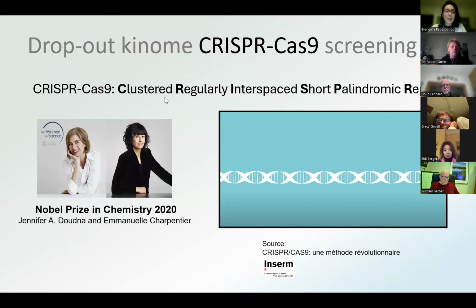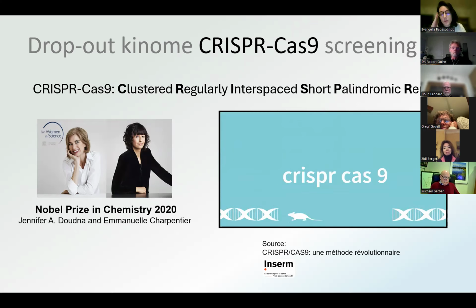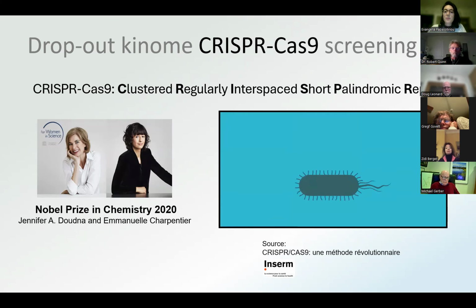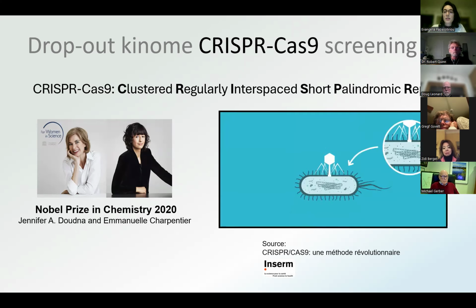It's a CRISPR-Cas9 screening because, of course, the acronym is Clustered Regularly Interspaced Short Palindromic Repeats, Nobel Prize of 2020 from Dr. Doudna and Dr. Charpentier. And what is CRISPR-Cas9? It's a tool that helps us modify the DNA of many living organisms, such as, for example, animals, plants, insects, and humans. This method is based on the adaptive immune system of bacteria against viral infections,